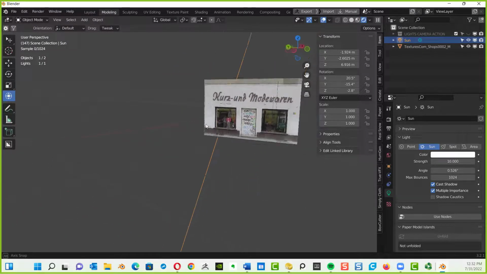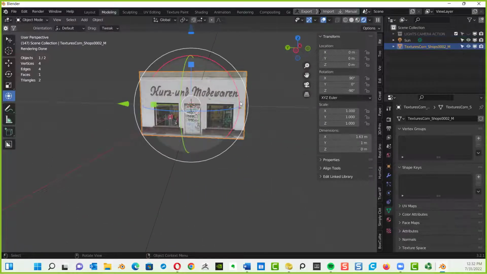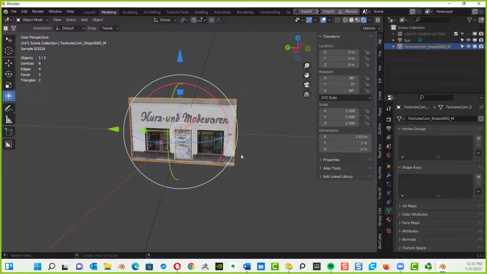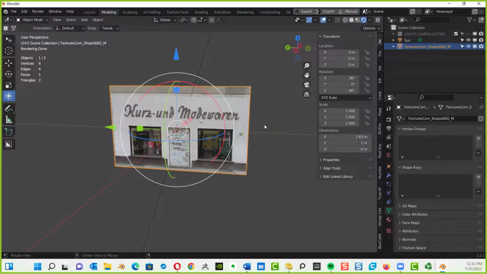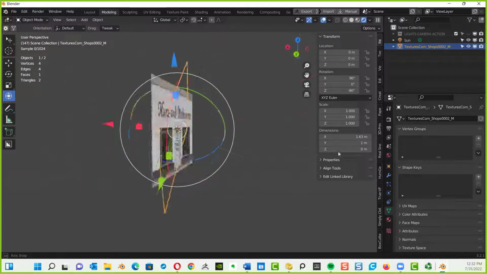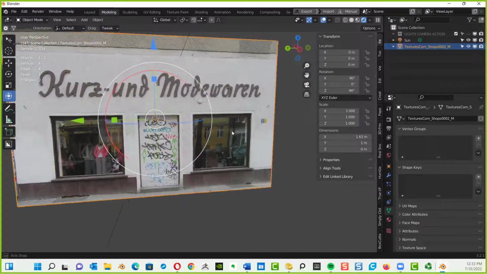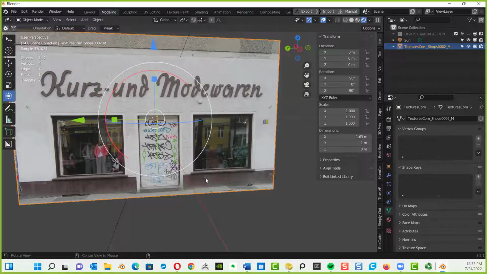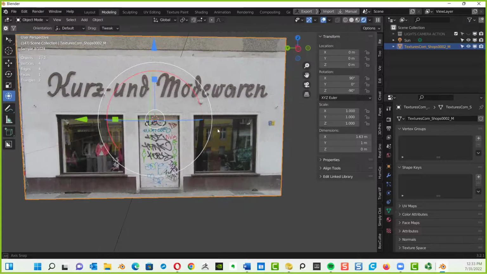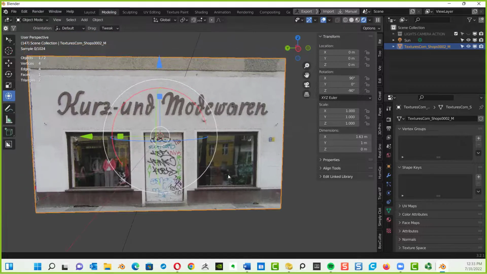There are no shadows on here because this is a flat plane. So if I click on the plane itself right there, remember we told it in the options to rotate around selected object. Now that's selected, I can rotate around that. Now it's a plane, it's not three-dimensional, so I don't see shadows underneath the ledges of my building. I need to build those in. And we're going to do one side so that you can see the difference. And this is what you're going to do for homework. You're going to take a plane, get a picture of a front face of a wall, and you're going to model it out so that it's going to become a three-dimensional entity.